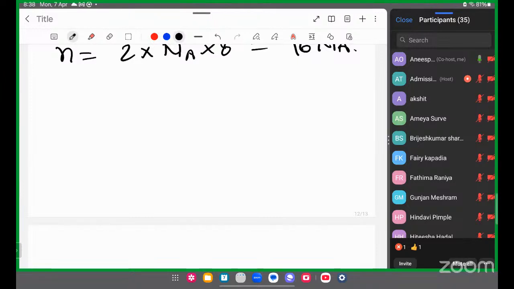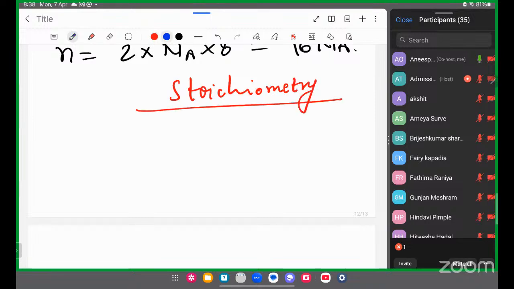So now we can discuss the next topic in this chapter, that is stoichiometry, which is the last topic. What is stoichiometry? Stoichiometry is the calculation of one or more pieces of information from a given piece of information regarding a chemical equation. The question will be in such a way that there is a chemical reaction with a chemical equation. The chemical equation will be balanced, and using that chemical equation, you have to extract